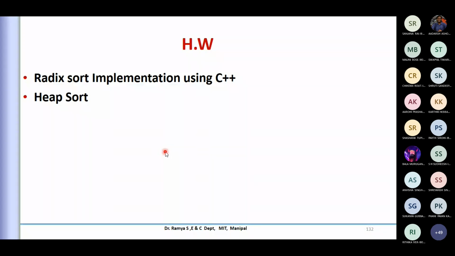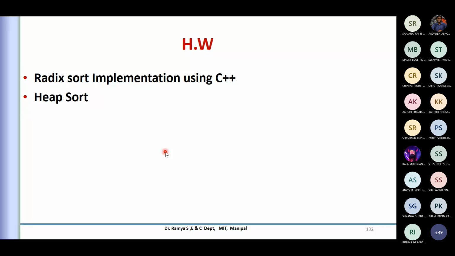In a previous class, I said I would provide, in the MS Team, one of the algorithm materials, which is a good reference. So I'll try to put it in your MS Team. And for heap sort too, if I find something, I'll put that in your reference materials. So please go through those two sorting methods. That is the last part of our sorting. Searching we completed, and this comes to the end of your sorting also.